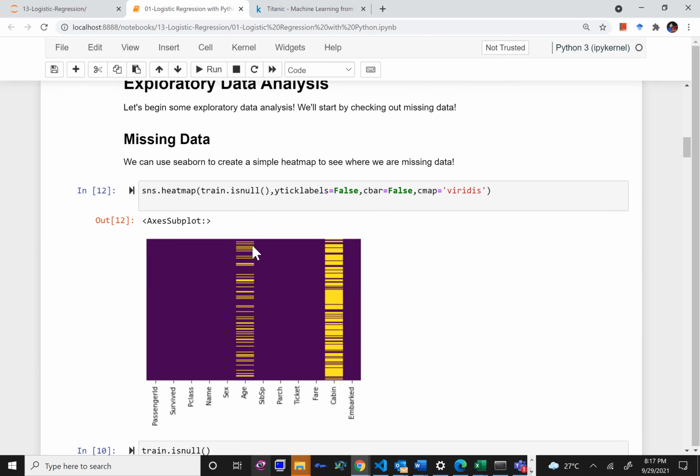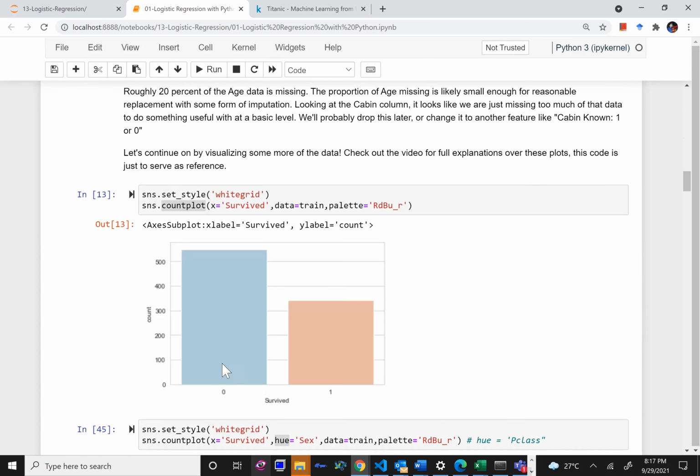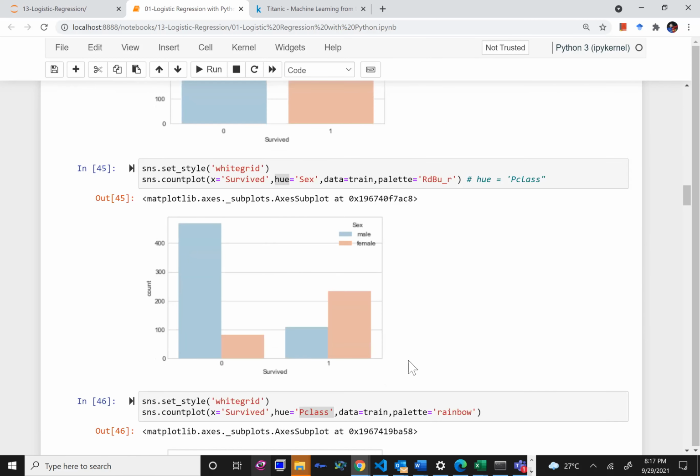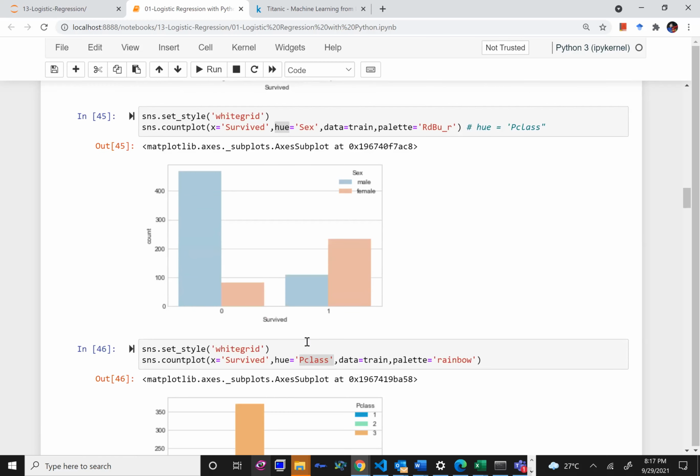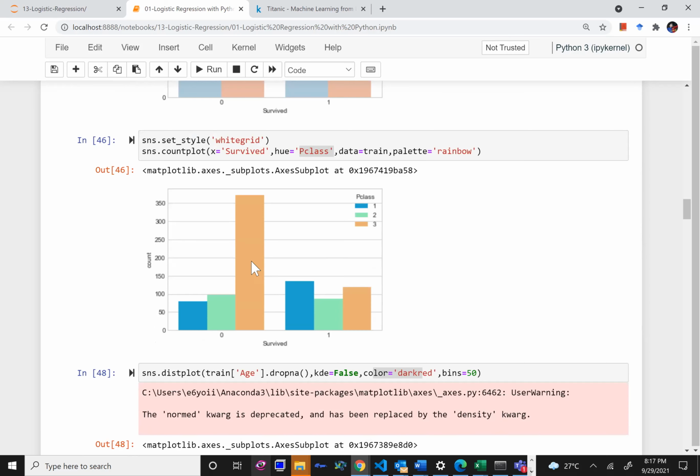We saw that there are a lot of missing values in the age column and in the cabin column. Then we moved forward to get a count plot of how many people survived. Then we saw how many people survived gender wise, how many females and how many males, and how many survived based on passenger class 1, class 2, class 3.